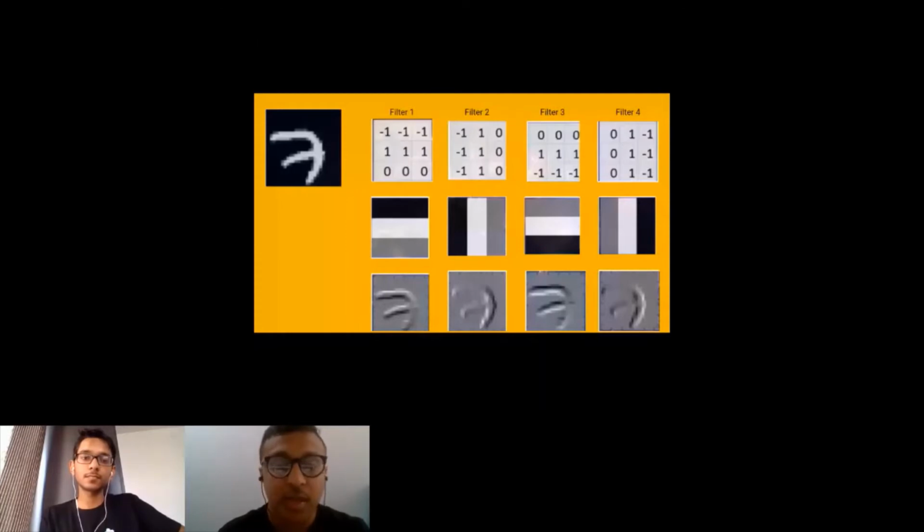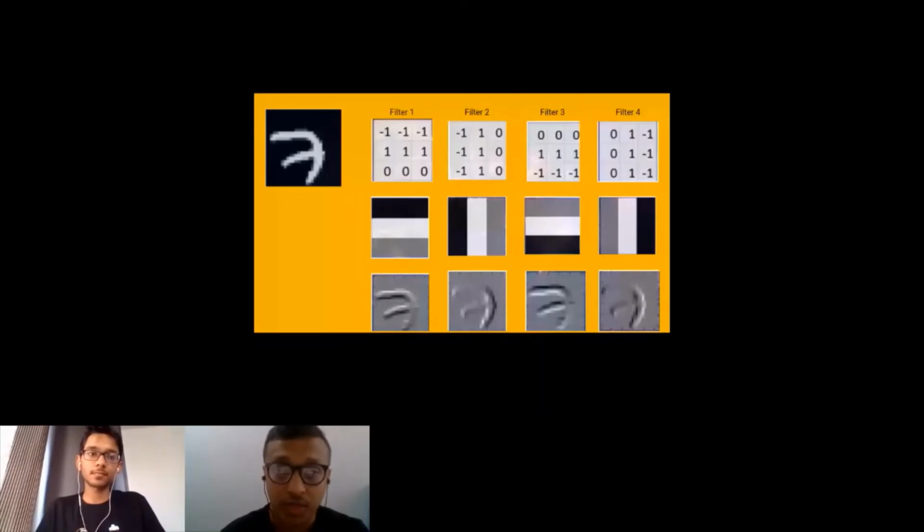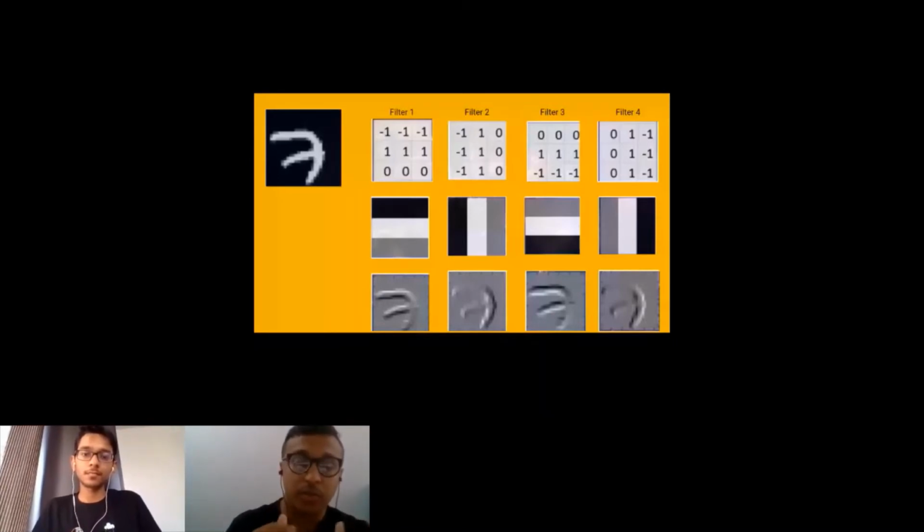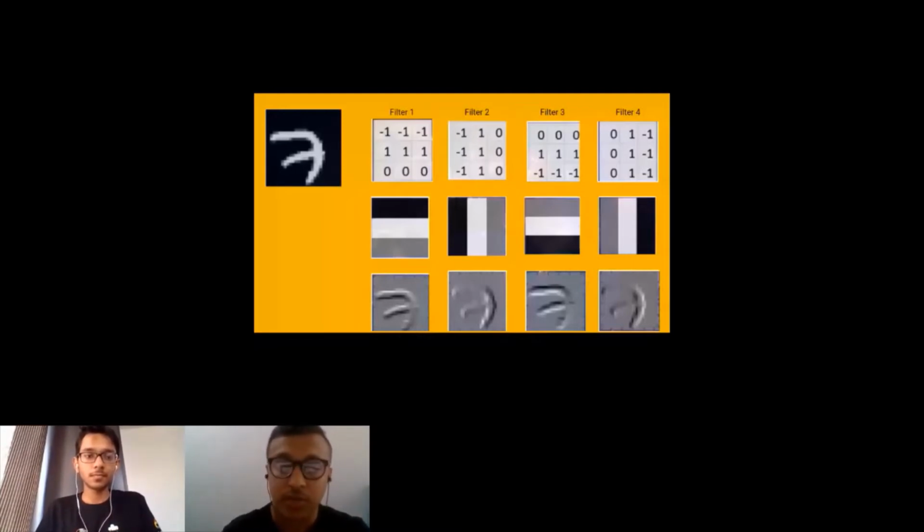The first filter is for detecting the top edge. The second filter is for the left. The third one is for the bottom. And the fourth one is for the right. So this is just a visualization of how the input image will be shown after the convolution layer. At the bottom, you can see the visualization. So Raj, next slide.